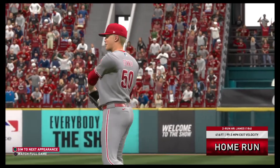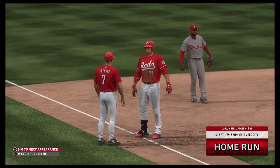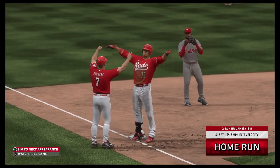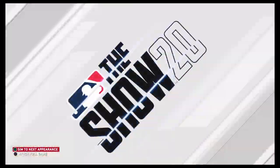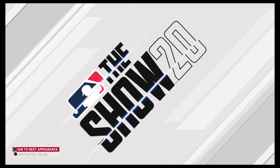So a two-run shot to left center, his second of the game. And this will make things interesting at this point. It's now a 6-5 game. Well, Dero, you know, they say records are made to be broken, and what a...